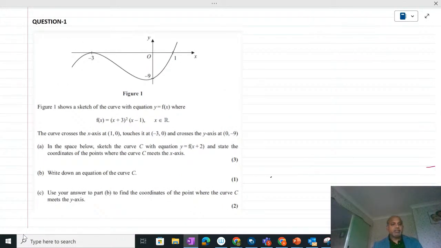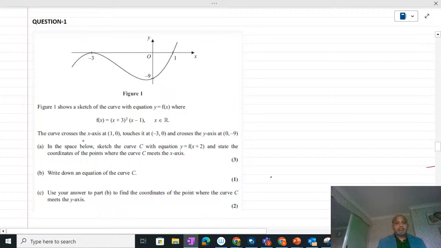So here is the first exam question. If you see in this question, what is given here? A curve is given: f(x) equals (x + 3) squared times (x - 1), and x belongs to the real numbers, right? x belongs to the real numbers. Okay, so what we need to do,